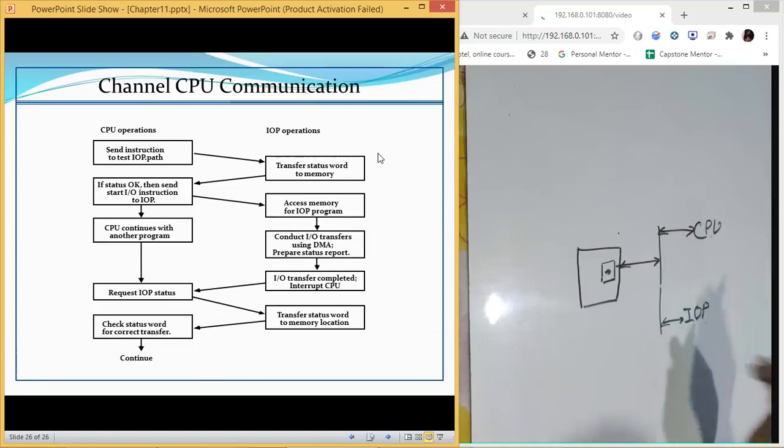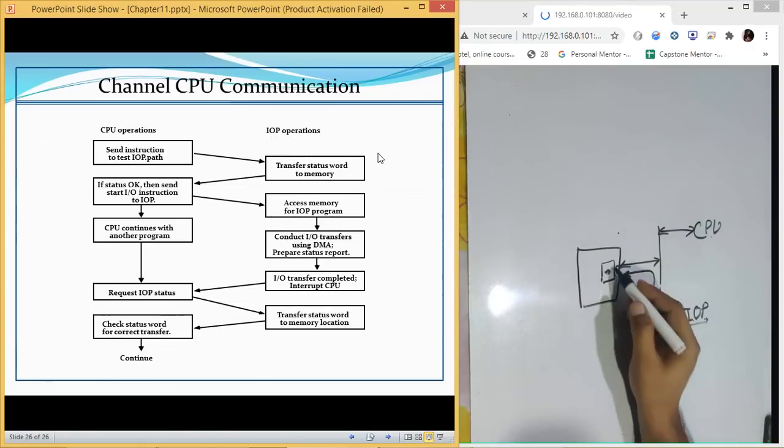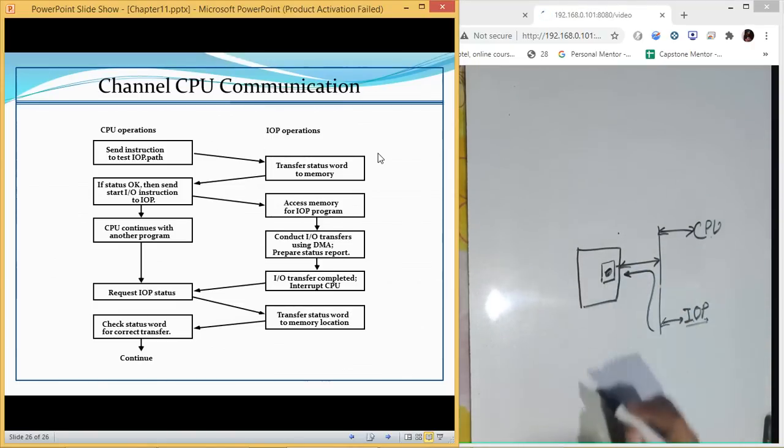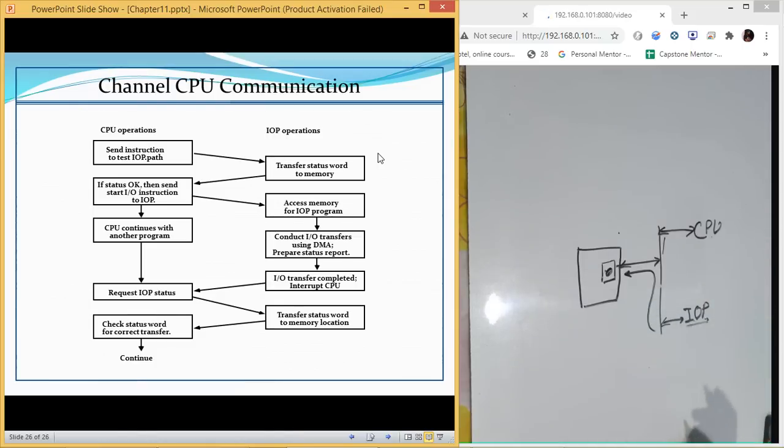That instruction is executed by the IOP, and once it is executed, the status report prepared by the input output processor is again sent to this place. It stores it here. Then the CPU checks from this place whether it is done or not. If it is done, okay, move to the next instruction. If it is pending or there is some problem, it can reinitiate the process.